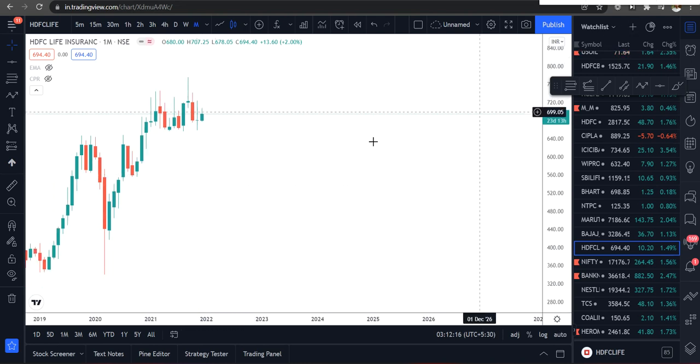And this tool has more success ratio, or the probability of success is higher on the higher time frame compared to the lower time frame. It's not only with this tool, whatever technical indicators or tools you are using will give you a high probability or success rate only on the higher time frame, whereas in the lower time frame it gives you some false signals or it may not work correctly. Okay, so that's one thing.